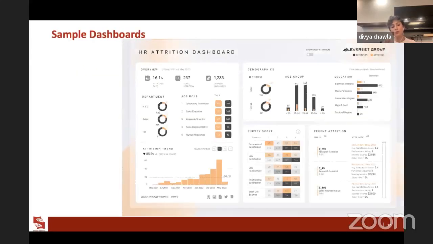So, sample dashboard. A very interesting HR attrition dashboard. So we all understand attrition, right? When employees decide to leave an organization, you look at that number as attrition. If you look at this dashboard, it's a very beautifully constructed dashboard which has an overview on the left-hand side, or the left panel, which talks about the attrition rate that the organization is experiencing for a certain period